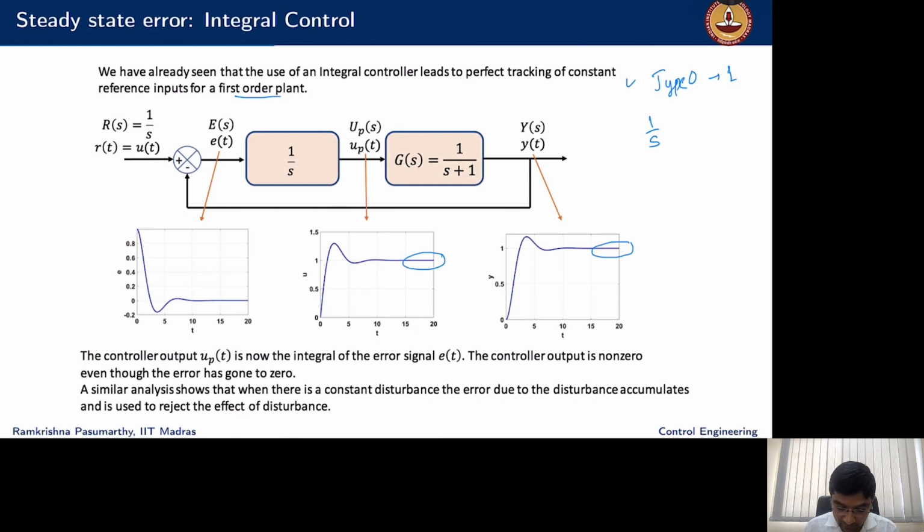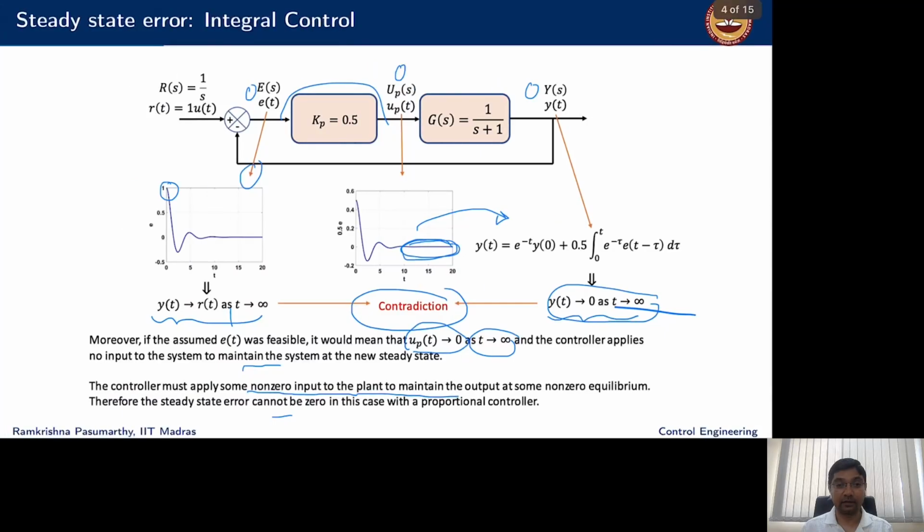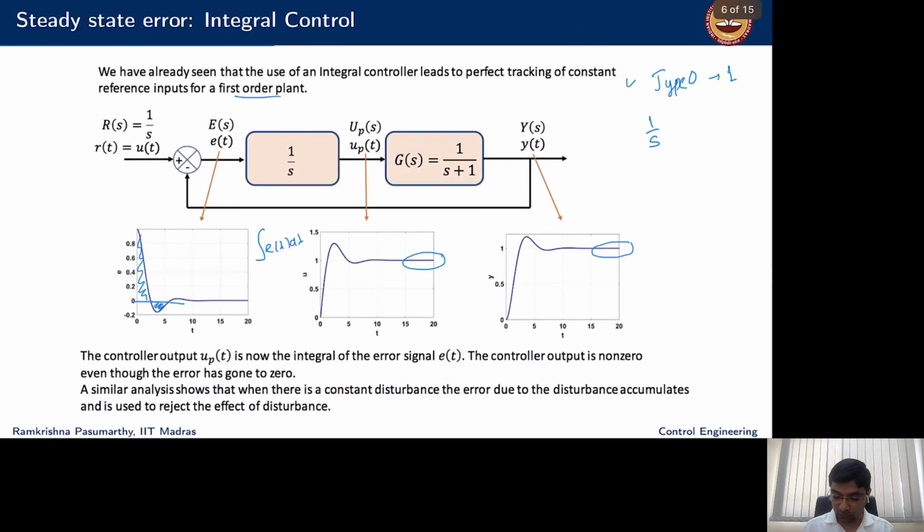So errors, you see, I start from here. I build up this area here. Okay, so this adds some positive value. Then the error again goes somewhere here, some negative value, and eventually the overall area, when I do the integral of e(t) dt, becomes a finite value in the steady state. It doesn't go to zero as in this previous case here. Because of which there is a control input at the steady state which holds the plant to the value 1. I can do a similar analysis when there is a constant disturbance, and how it also rejects